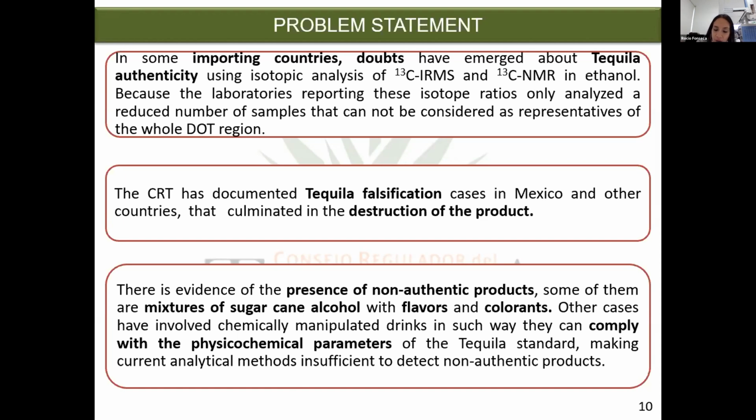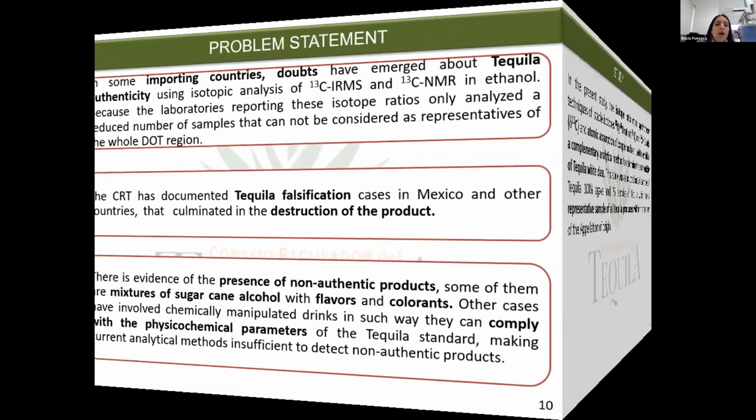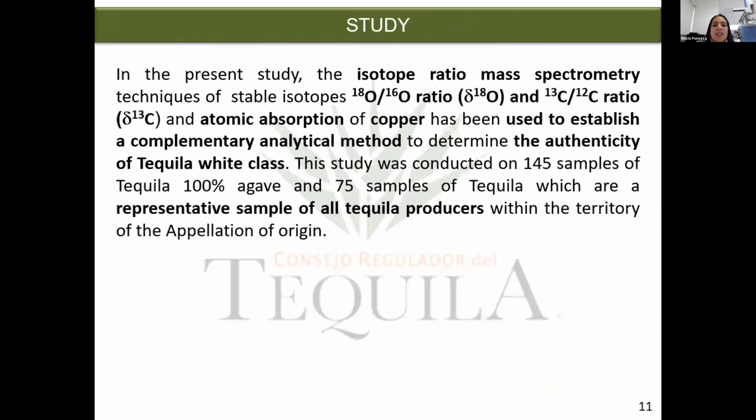In this case, our study was made with isotope ratio mass spectrometry for oxygen-18 and carbon-13. And then we use atomic absorption of copper to establish a complementary analytical method to determine the authenticity of tequila